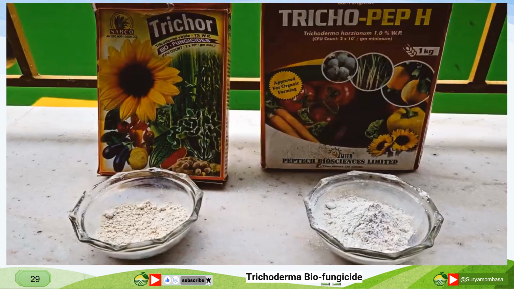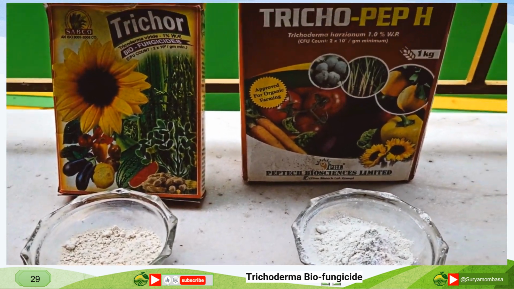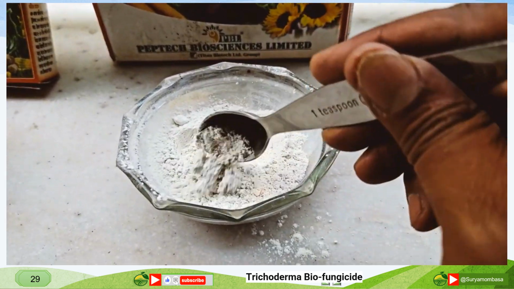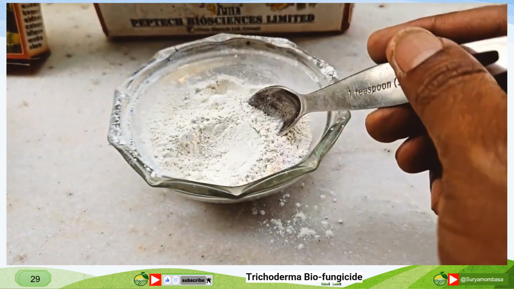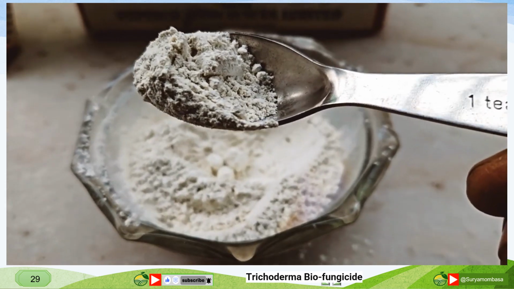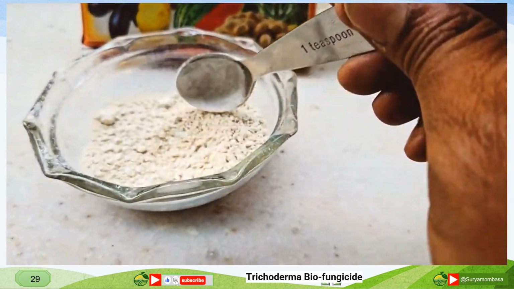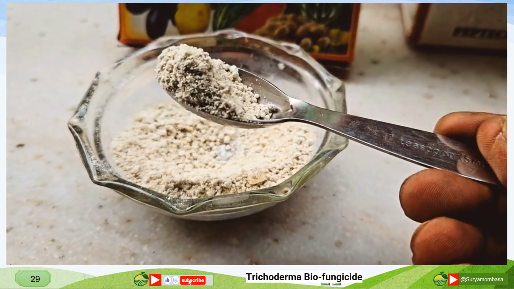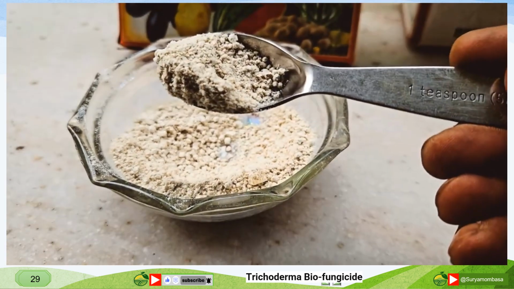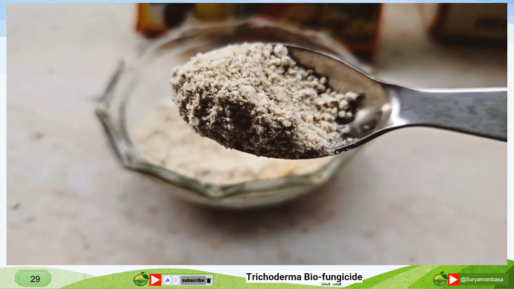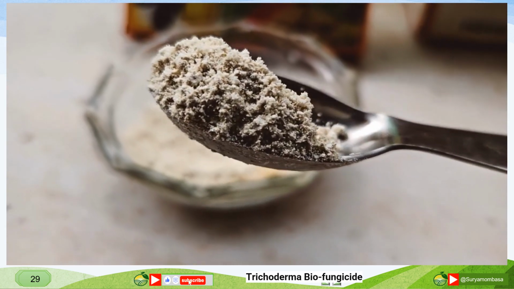It has also been reported that Trichoderma has the ability to degrade the chemical contaminants present in the soil. Heavy metal contaminants like nickel, cadmium, arsenic, lead, and zinc can be accumulated by Trichoderma species, and thus it can significantly improve the physical and chemical properties of the soil. However, remember that if you are applying Trichoderma in the soil, you cannot use any chemical fungicide directly into the soil, as it will kill those useful fungi.